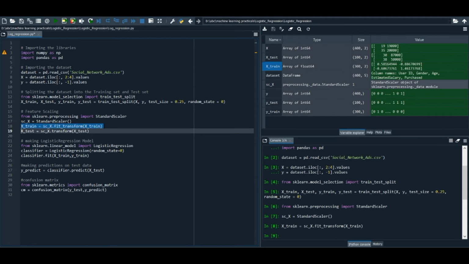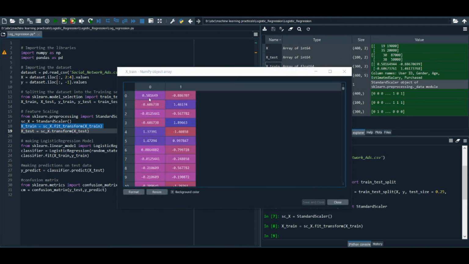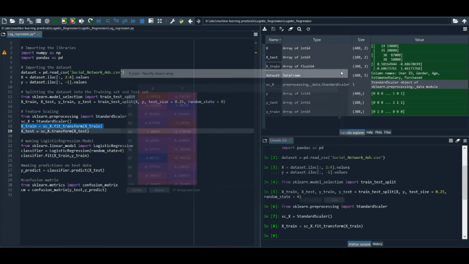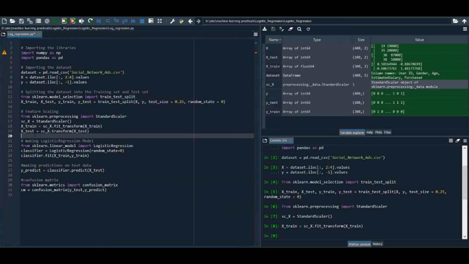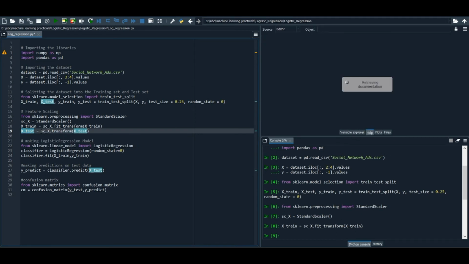So after executing this line of code, you can see that we created an x_train and applied feature scaling in it. Now after that we are going to apply feature scaling on our testing data of independent variable. So x_test, we are going to assign the values to x_test, and then we use sc_x dot transform, just only transform because we already fitted it into the variable x_train.